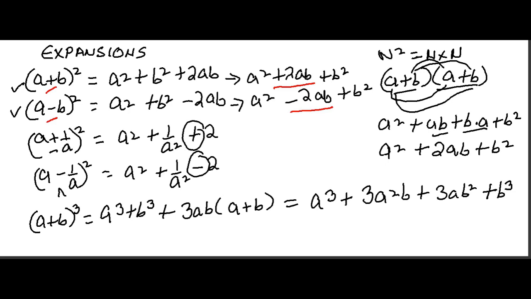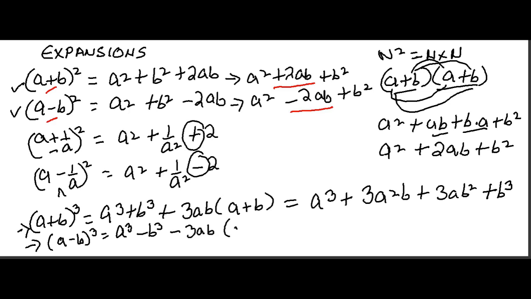Now with this I will take another pair. It's good to remember these in pairs, because you tend to remember these better. Instead of (a plus b) whole cube, if I take (a minus b) whole cube, this becomes a cube minus b cube minus 3ab